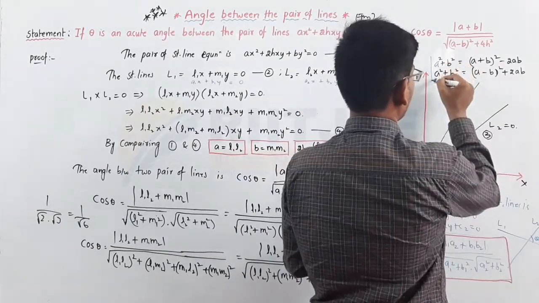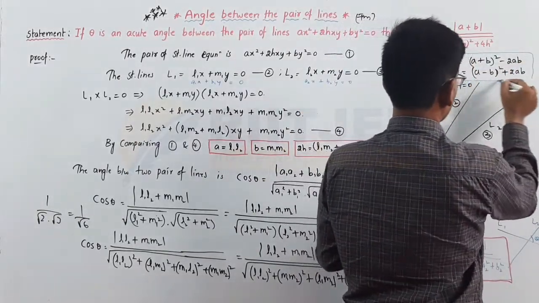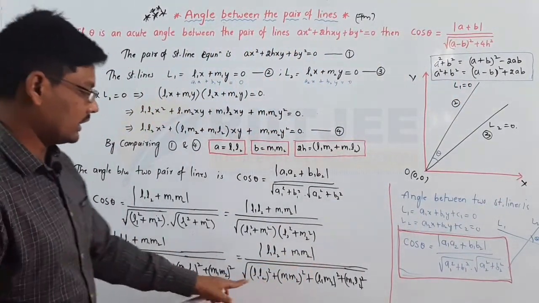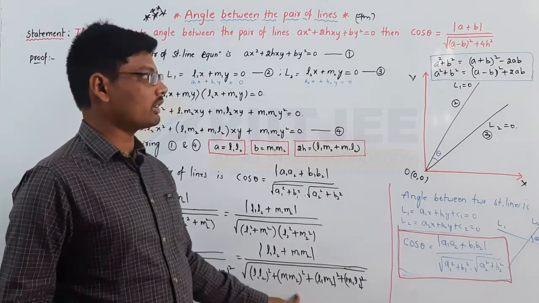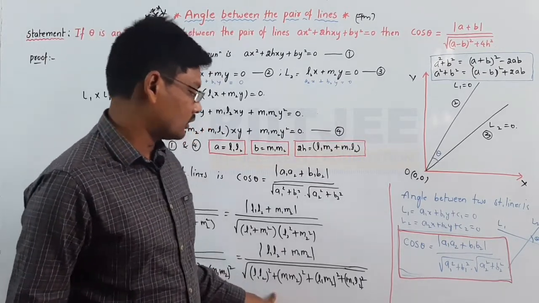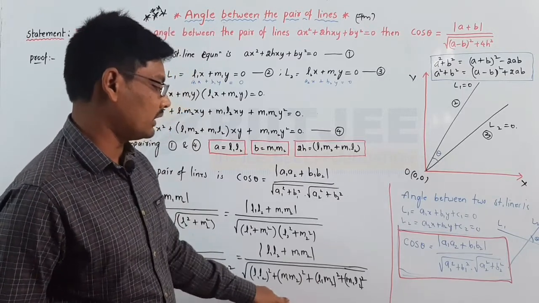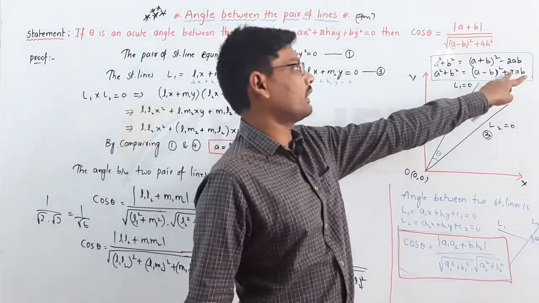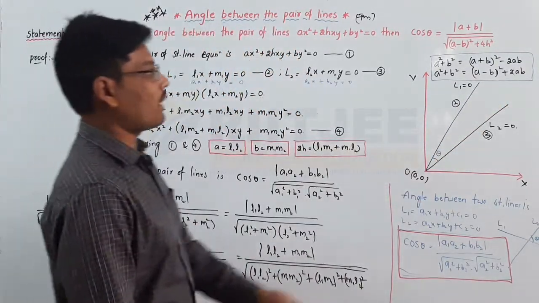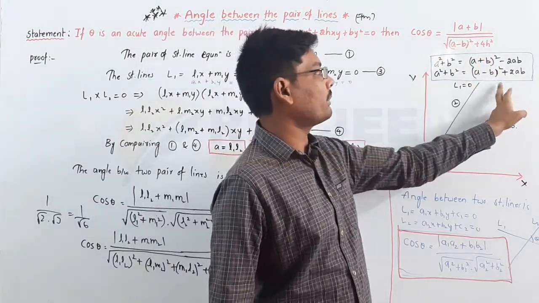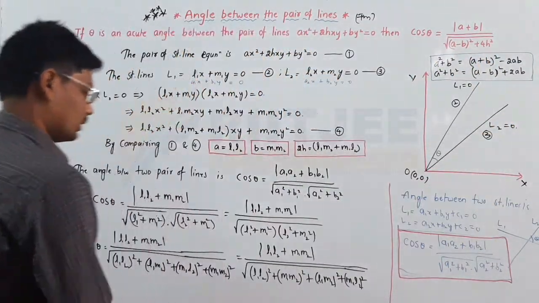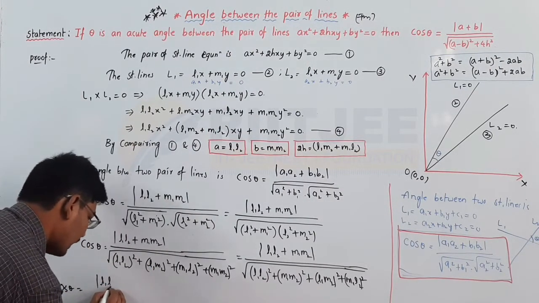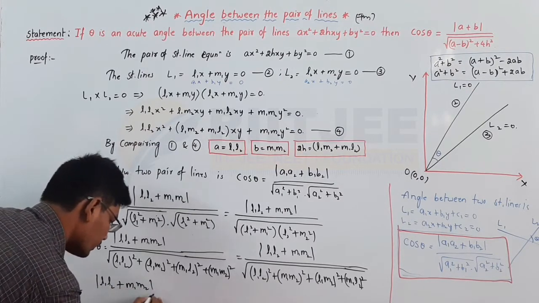So I am keeping them in a box. These two formulas are applied on this one. So this is A square plus B square. For this one I am choosing A minus B, using A minus B whole square. So in this formula A minus B whole square is there, and I am using the A minus B formula here. So the expression will become cos theta is equal to modulus of L1 L2 plus M1 M2 divided by,